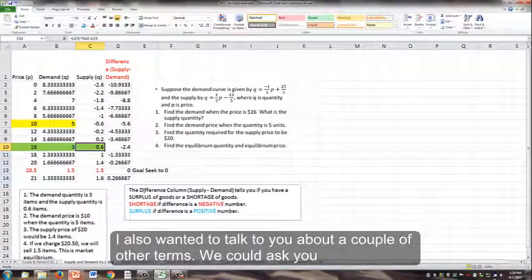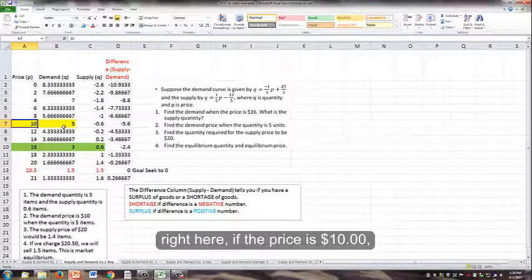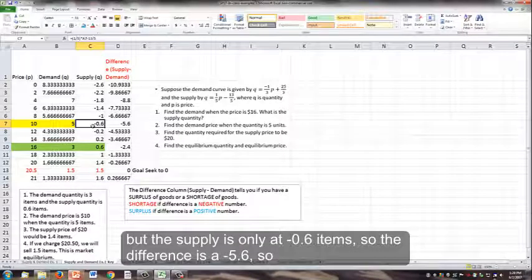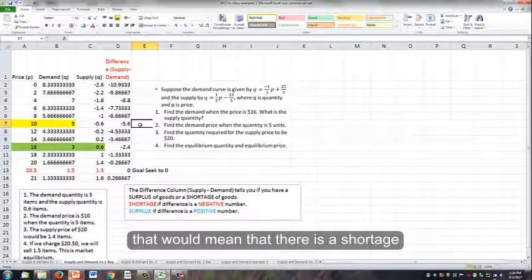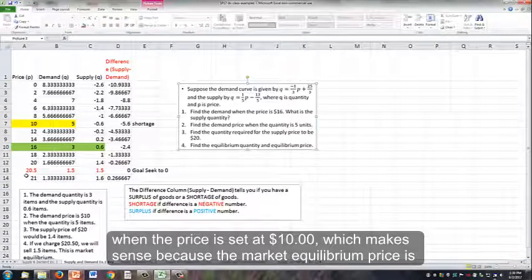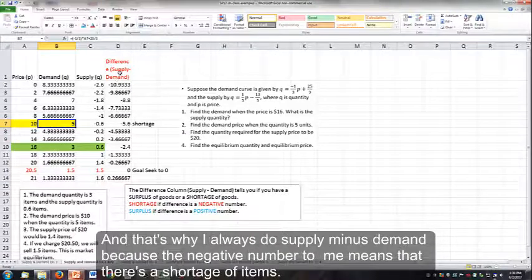But I also wanted to talk to you about a couple other terms. We could ask you whether there was a surplus or shortage of goods. So for example, right here, if the price is $10, then the demand, people want 5 items, but the supply is only at negative 0.6 items, so the difference is a negative 5.6. So that would mean that there is a shortage when the price is set at $10, which makes sense because the market equilibrium price is $20.50, so that's way cheaper. So we have a run on the items and there's not enough. And that's why I always do supply minus demand, because the negative number to me means that there's a shortage